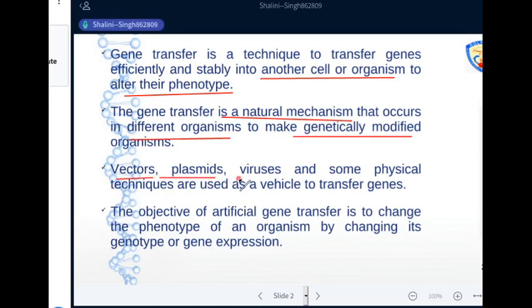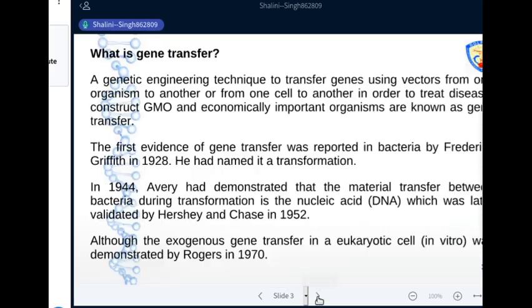Vectors, plasmids, viruses, and some physical techniques are also used as a vehicle to transfer genes. The objective of artificial gene transfer is to change the phenotype of an organism by changing its genotype or gene expression ultimately. So, a genetic engineering technique to transfer genes using vectors from one organism to another or from one cell to another in order to treat diseases or construct GMOs and economically important organisms are known as gene transfer